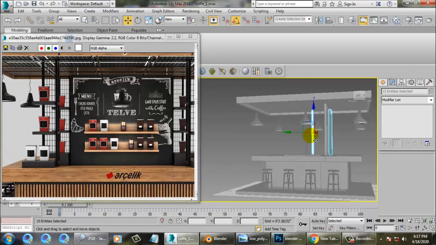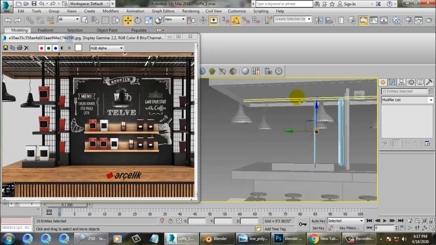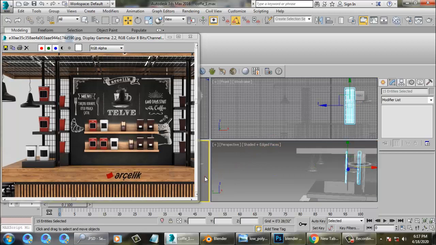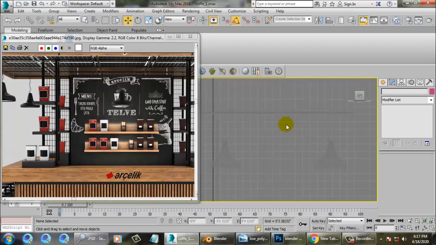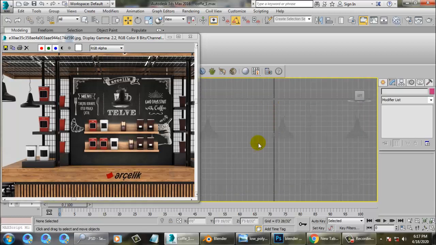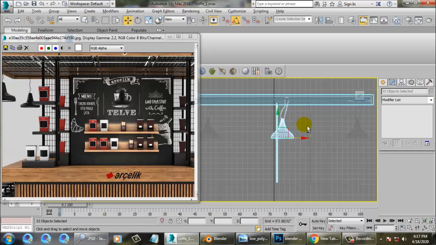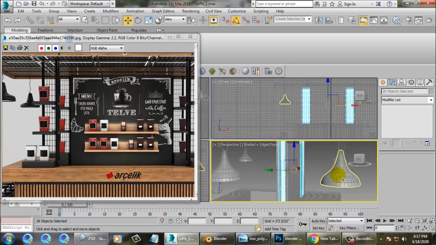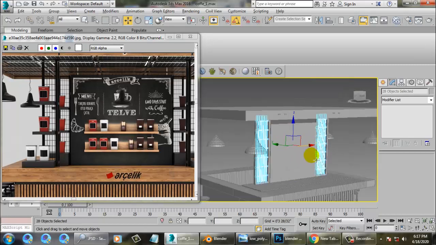Oops, I'm really sorry, I have not shifted this in front yet. So I need to select this and push it in front. That's it. Alright.